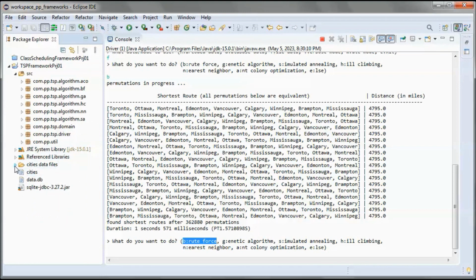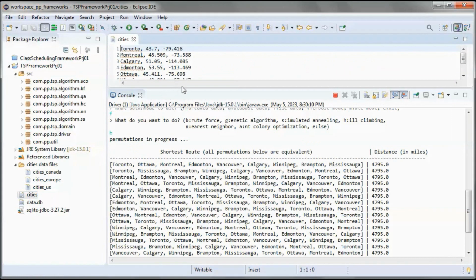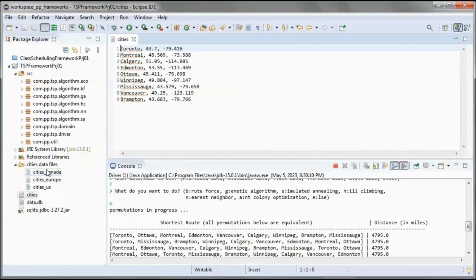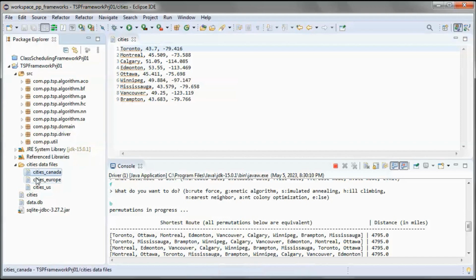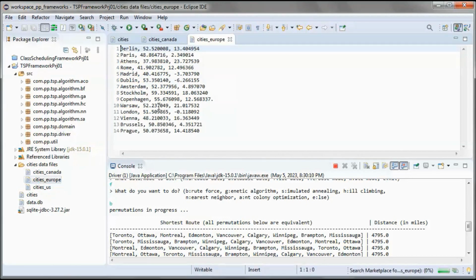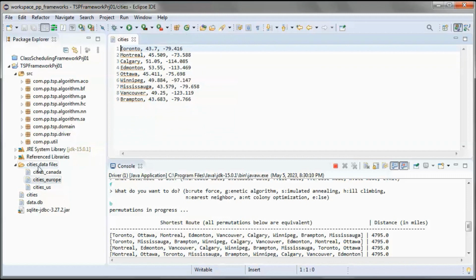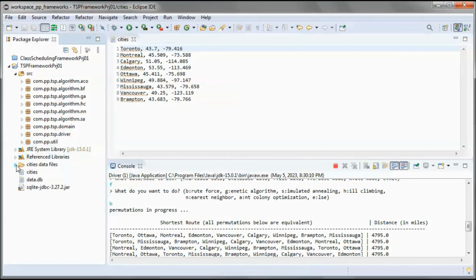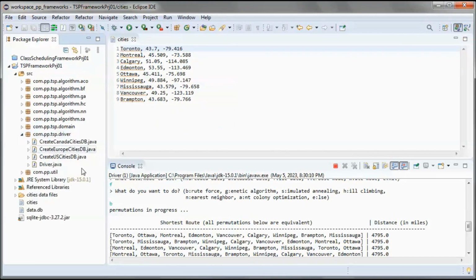And I also wanted to mention for files, those are for convenience, so we can put any cities here, copy them from any one of those files. You can add your own here. Also, you can add your own script here to create any cities, any collection of cities or set of cities that you want to put in the database.